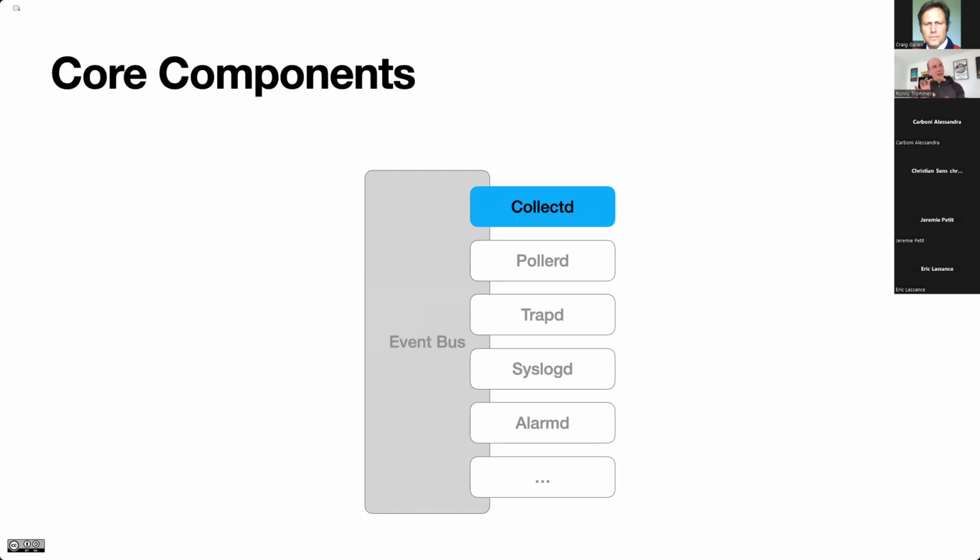So that event handling and alarm generating is basically used by all our daemons in a similar way. If you have a bit of an understanding of how alarms are generated, then you will quickly understand also how Collectd creates the alarms when high thresholds or low thresholds were exceeded, and how that works. It uses exactly the same mechanisms.